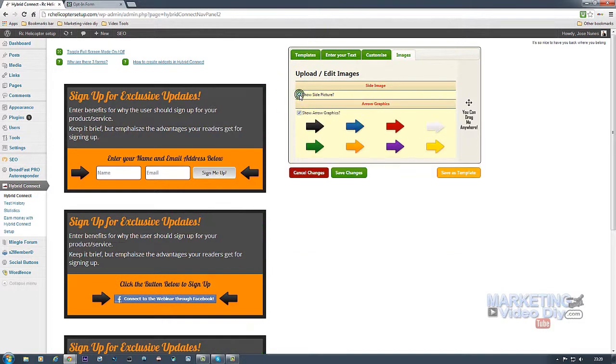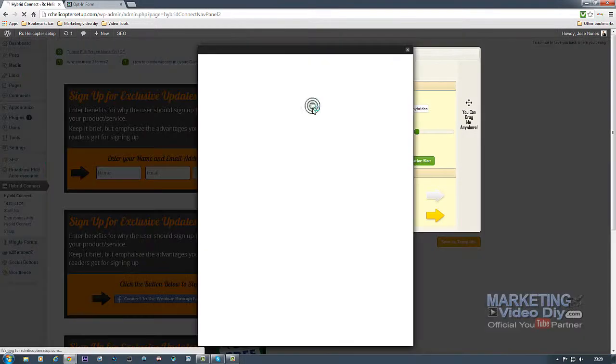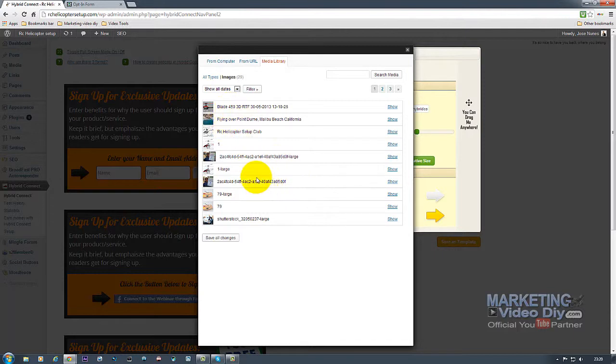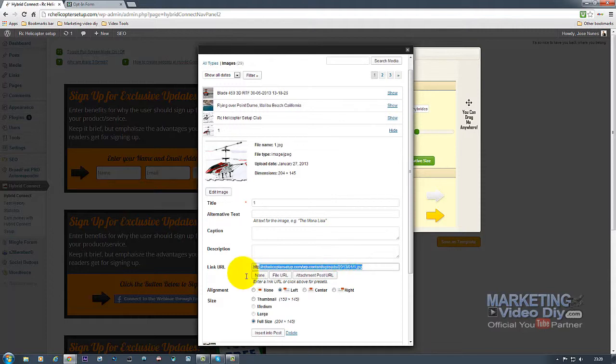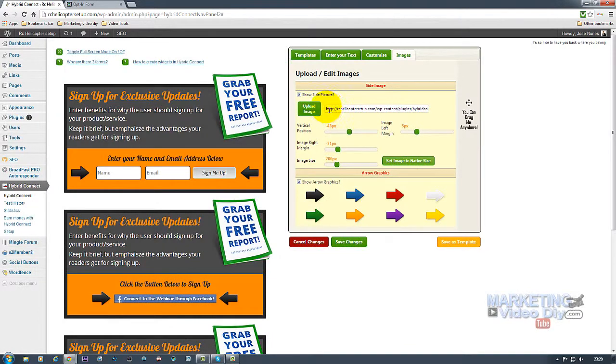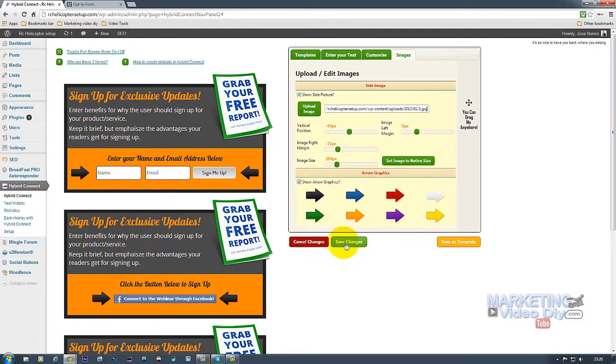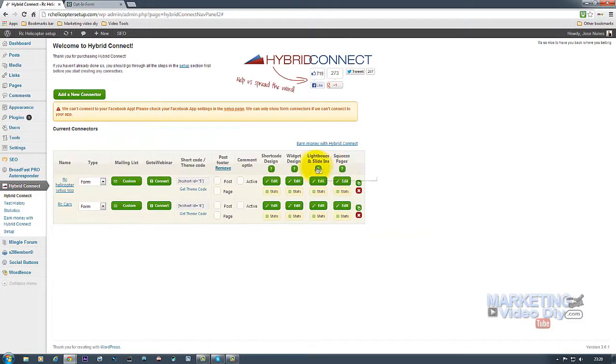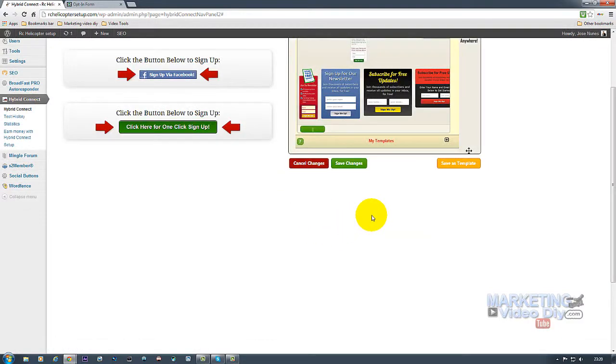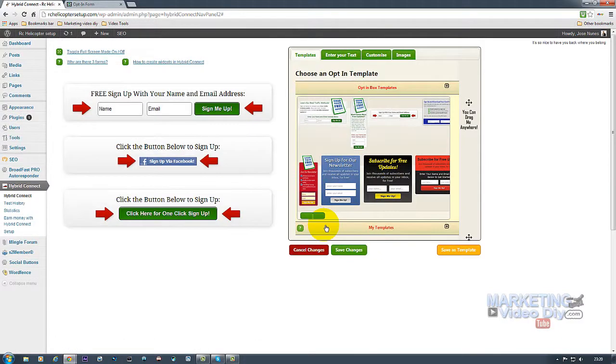You can see here, show picture, hide picture. So upload, and basically all you do is find the picture in your media, on your WordPress. In this case, I don't have a picture that is actually fit for purpose, but I'm going to use this one here. I'm going to copy this link here, close that and paste this link here, and click save. Now if I go back to edit the template,